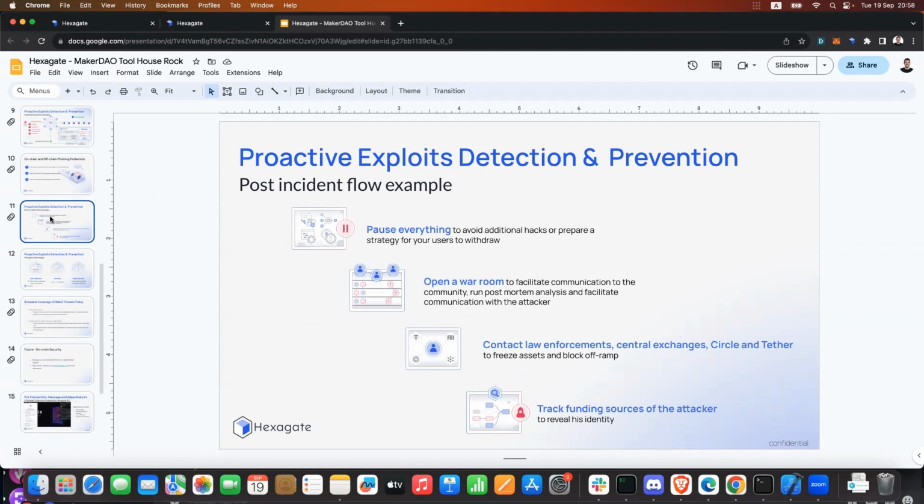So pausing anything or stopping specific functionality, or letting your users, for example, withdraw their funds automatically whenever an exploit happens is obviously the first way to go, if that's possible.